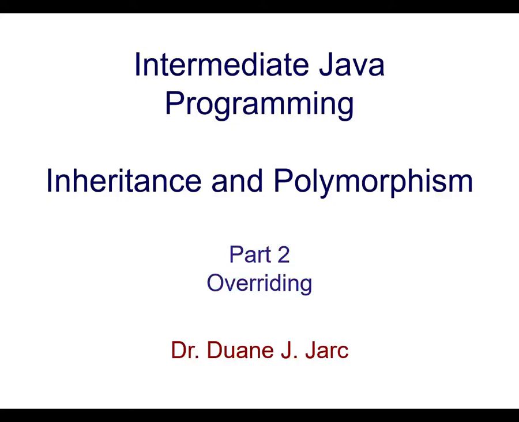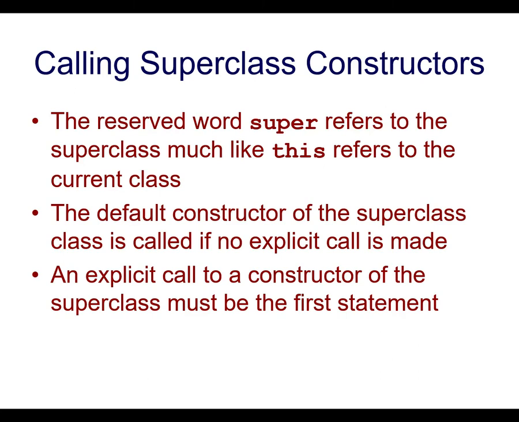In the second part of this video on inheritance and polymorphism, we will explain what it means to override a method and illustrate this concept with a modification of the student class hierarchy that we introduced in Part 1. Before we introduce overriding, we begin with a related concept which involves the explicit use of constructors in the classes